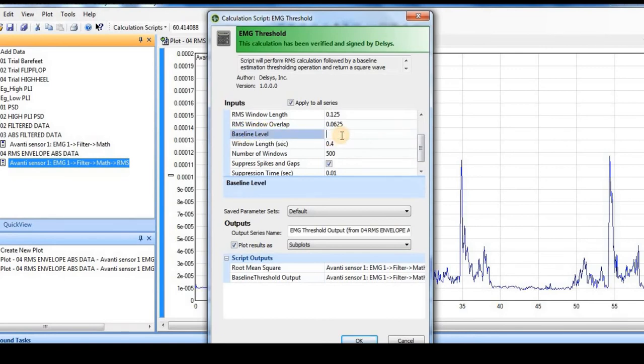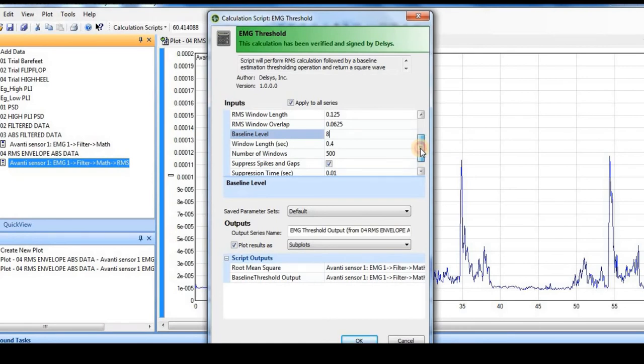Now the baseline is the multiple of the standard deviation that I want to add on to the mean of the baseline, which will be taken as a threshold. So the script will automatically calculate the mean of the baseline and the standard deviation. Then the standard deviation will be multiplied by a factor of 8, and then it will be added again to the mean value, and that becomes our threshold value.